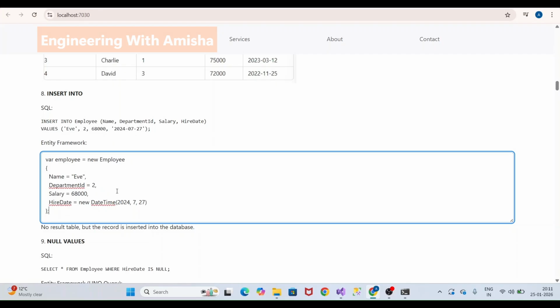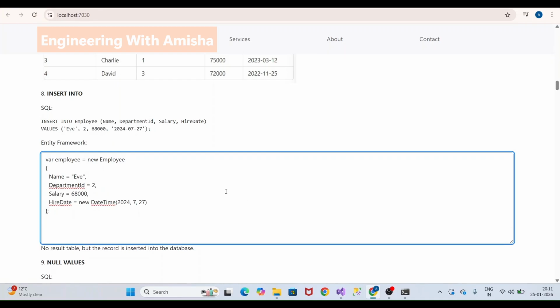So here we have created a new object of data type Employee and initialized it with the given values. Now we want to save it into our database. To do that, we will use the DbContext. Those who are familiar with .NET Core are aware of the DbContext. And in Entity Framework, we have a function Add, which adds our object into our table,